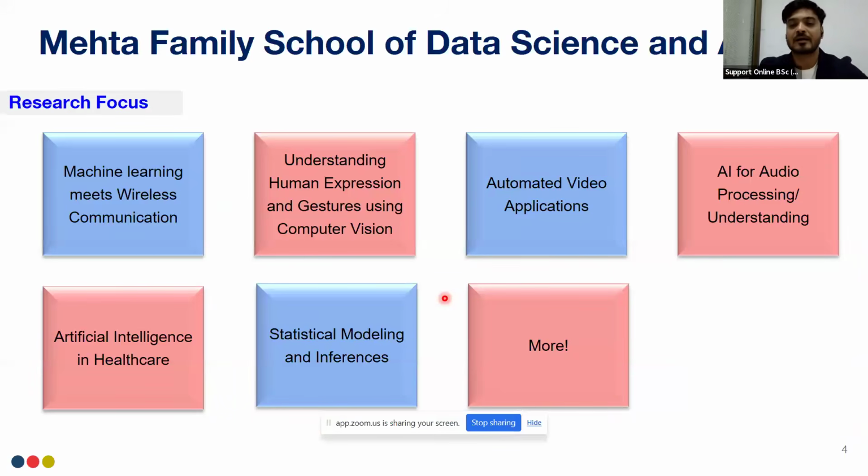The school is also actively involved in fostering cutting edge research areas like machine learning for automated video applications, AI for audio processing, AI in healthcare, statistical modeling and inference, and so on and so forth.